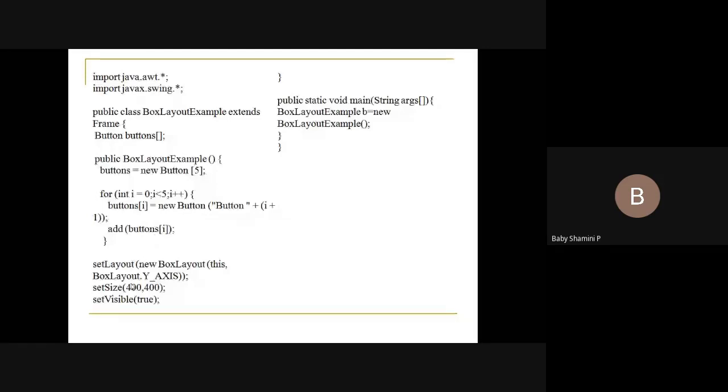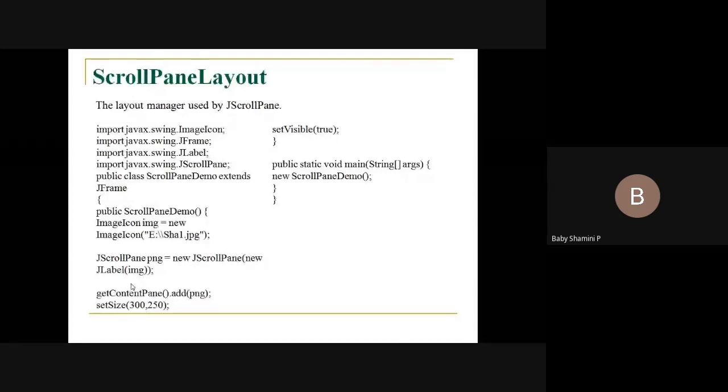And the last one is scroll pane. If you want to use a scroll pane, we have to use the method JScrollPane, scroll bar. If you want to insert some content or images, we can insert. Every layout manager provides a region. Whatever content you want to add, if you want to add a button, you can add. If you want to insert an image, you can insert. If you want to insert some content in a particular format, we can insert. That is the use of layout managers.